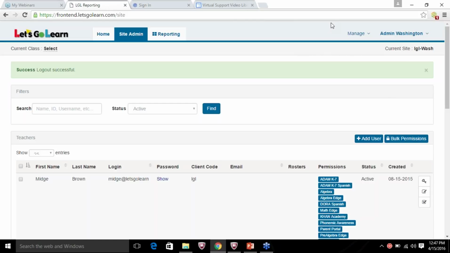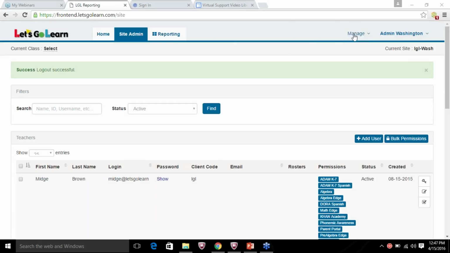We are going to continue on now to managing the students. So we've taken a look at teachers, how to see what permissions they have, finding them, deactivating them. And in a similar fashion, we need to take a look at the overview of those students and how you would find them and so forth. So instead of moving to this tab, we're actually going to end up on reporting, where we'll touch on some of the reports I want to point out to you during this session.